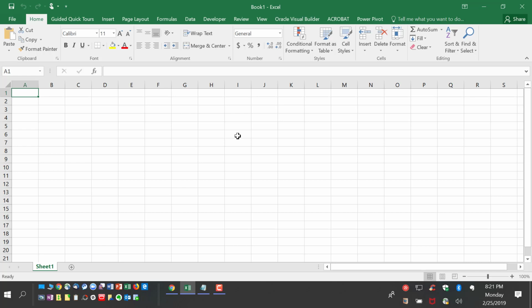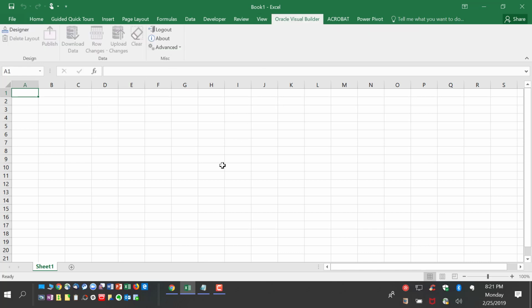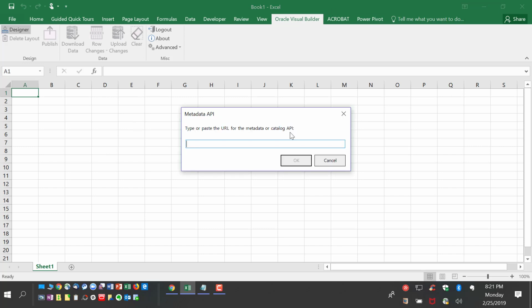We are now going to see the demo of a use case where we are going to generate user-defined serial numbers for a serial controlled item in inventory using REST services. We are going to be using the Oracle Visual Builder Excel plugin for running the REST service. Once you install the VBCS plugin, you will see a new tab in Excel named Oracle Visual Builder.